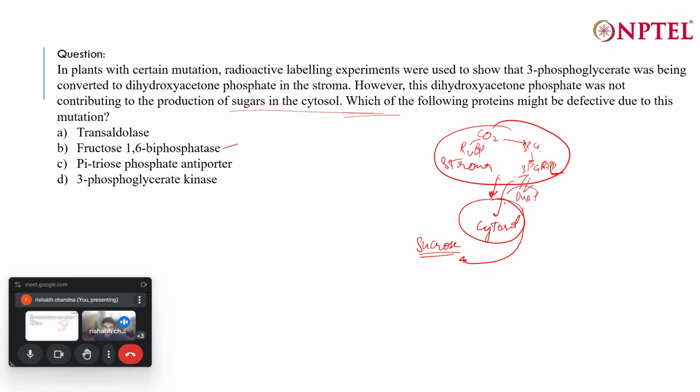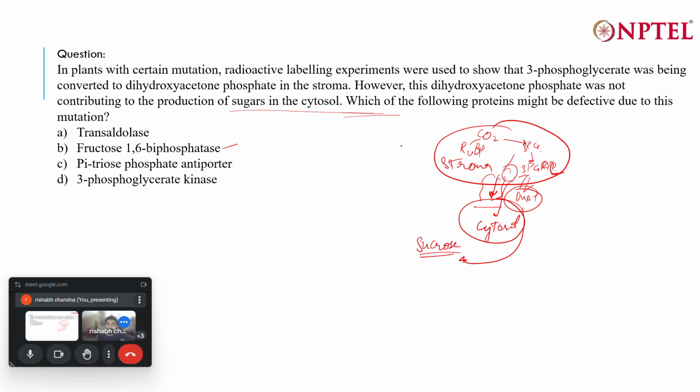Okay, because with the limited information that we have seen in the question, there is nothing mentioned, just that the particular compound is not working in the cytosol, but it's working fine in the stroma. So that means the transporter is mutated here, not anything else. If any more information had been provided with respect to the number of enzymes involved or anything else, then we would have commented on other things.